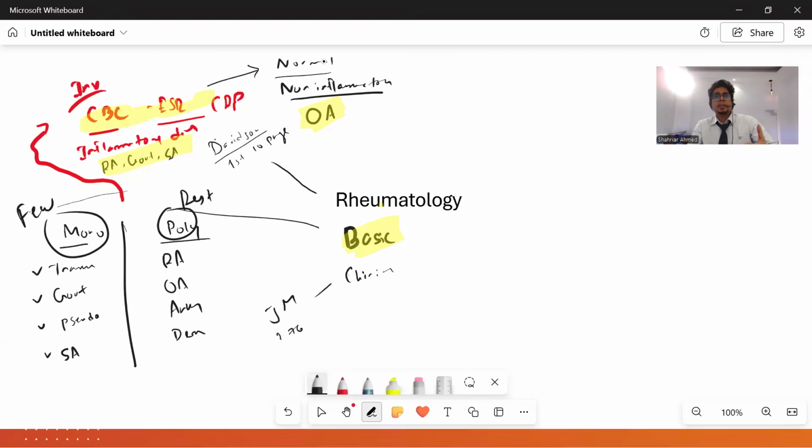Then there can be a lot of other things. Do you have a flu? You can have a viral and this and that. We'll do more breakdown, but up to this, I hope everyone is clear. Now, we like to do more tests. As a rheumatologist, you probably want to do even more tests.